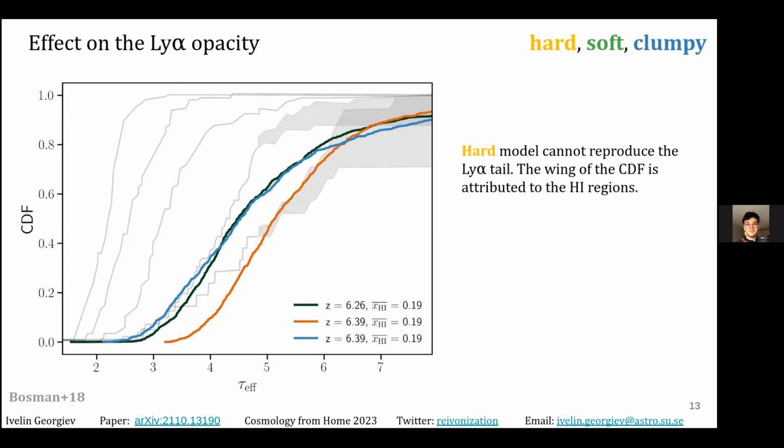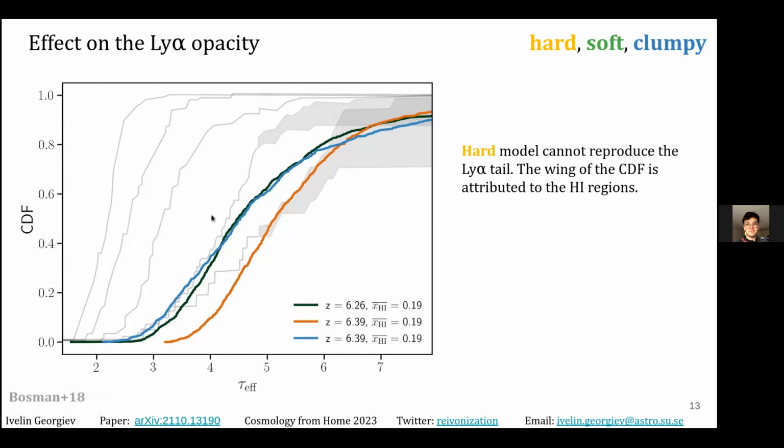So I try to play around and recreate this. Again, I'm showing you my models at a fixed neutral fraction for the different cases. You can see that the hard model struggles to reproduce this. It doesn't actually have these lower values of tau effective, because by limiting the interaction between the different ionizing bubbles, the ionization rate is lower, so the residual neutral fraction within the cells of the ionized medium is higher. So the flux is slightly larger and the tau becomes bigger here. Even if we see further on, it cannot reproduce this feature, so it's not as skewed.